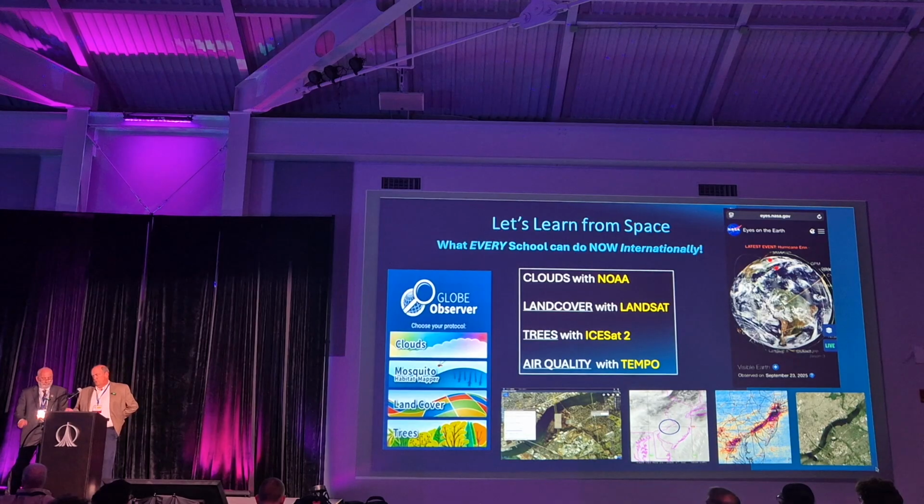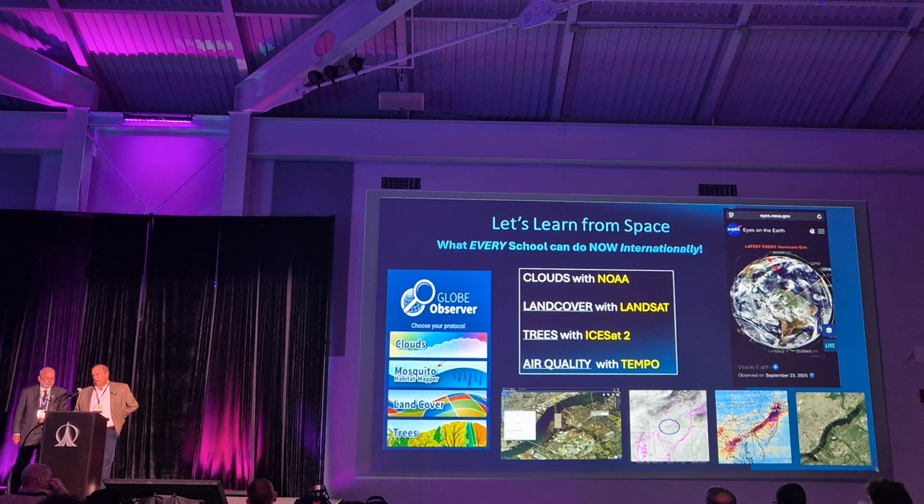A strong partnership with the NASA GLOBE program. If you're not familiar with NASA GLOBE, please look that up, globe.gov. We were able to connect in situ data collection on the surface of the Earth and partner it with satellite imagery. So as John has said, you can teach anything with satellites,